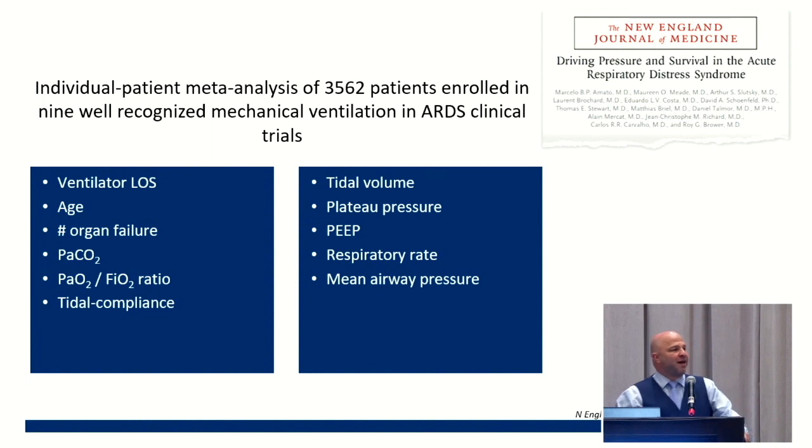However, as we go forward and start to really, really deeply understand how we end up hurting the lung, we come to this really kind of landmark paper, which is the driving pressure paper. In my world, the respiratory therapy and mechanical ventilation world, this is fairly well known, but this is the inception of it. And so this was a huge individual patient meta-analysis from the 9 previous studies of ARDS. It included 3,600 patients. And they were seeking to find, well, what is it that is most closely associated with mortality? And off the top of your head, you think, well, if I put too much